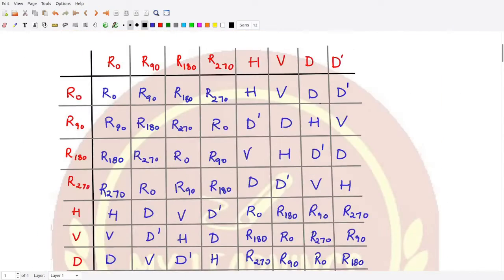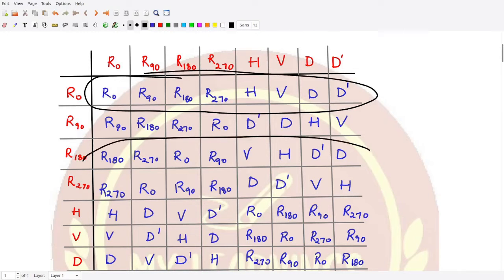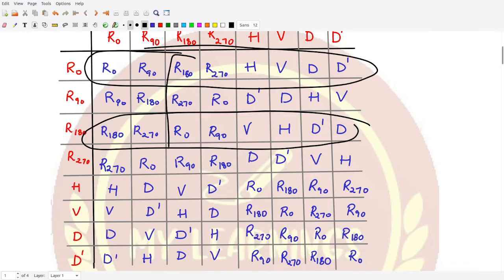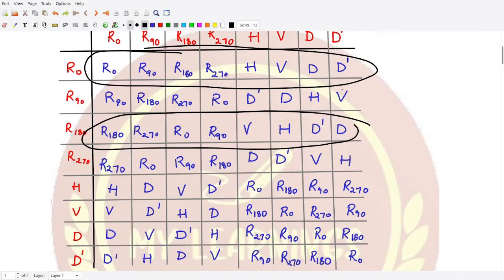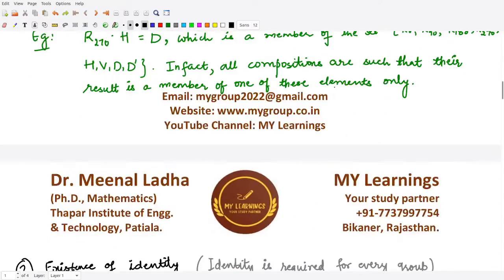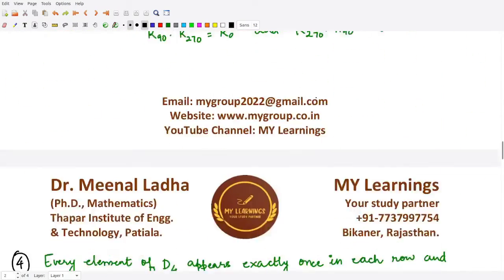Here you see you have no element which is repeating in a particular row, or in this row, or in any other row. And moreover, you also do not have any element which is repeating in any of the columns. There is no element here which repeats, there is no element here also which repeats. So this is true for all the rows and all the columns. So this forms the fourth striking feature of this